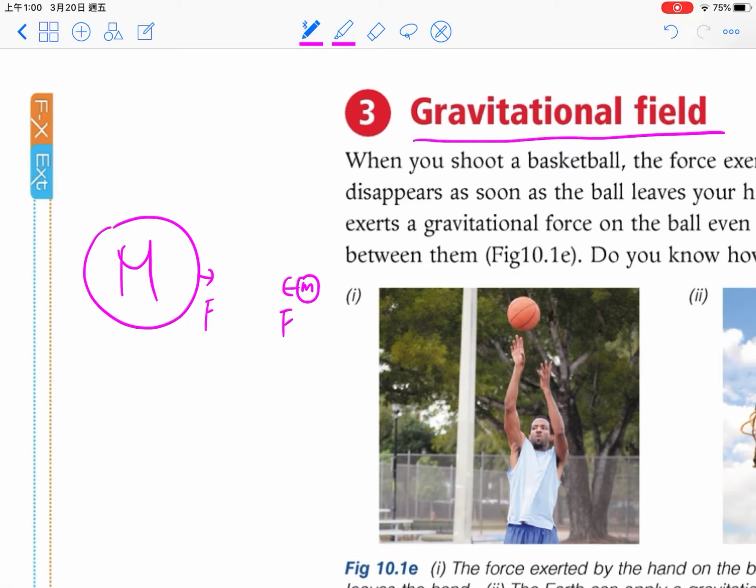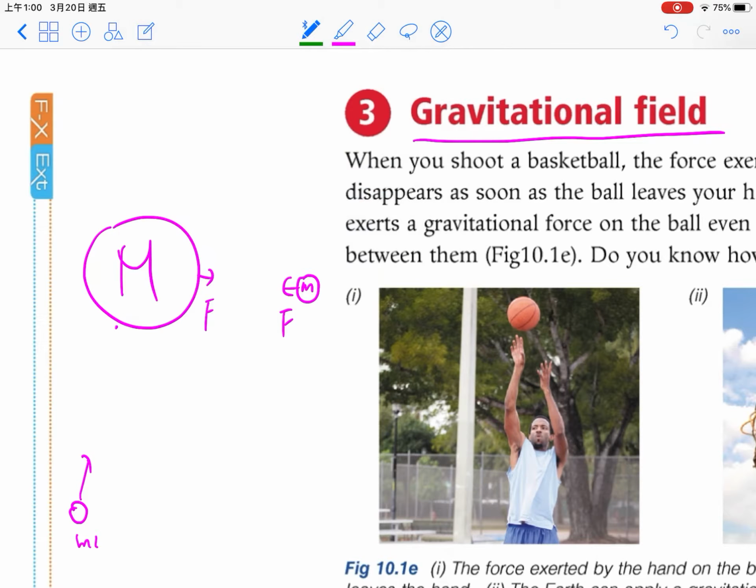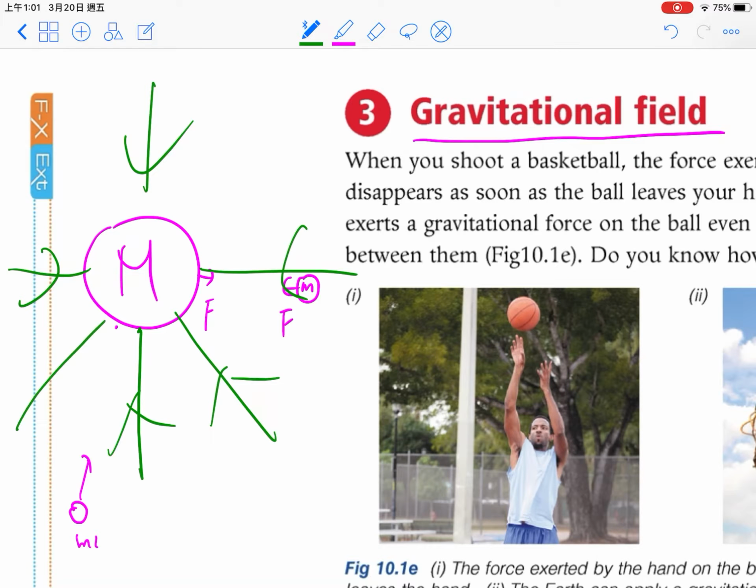If I put another small object here, say M1, it would attract towards the massive object, capital M, and scientists would imagine that there will be a gravitational field